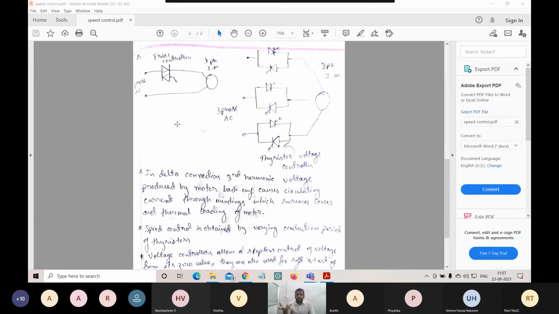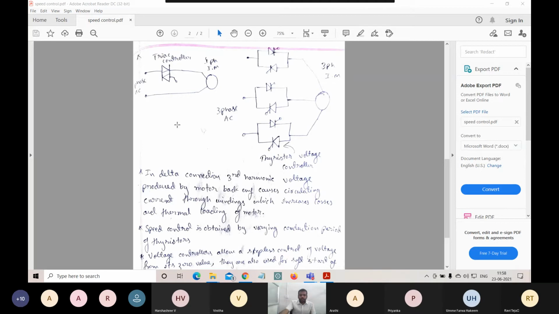So we can control the speed of an induction motor by controlling AC voltage regulators or else variable frequency drives. In the previous class we studied the closed loop speed model of variable frequency control of VSI. That also we can use for speed control of our single phase induction motor. Because of the availability, the good technique, and the efficiency, we are not going for variable frequency techniques. AC voltage control is the best suitable technique.